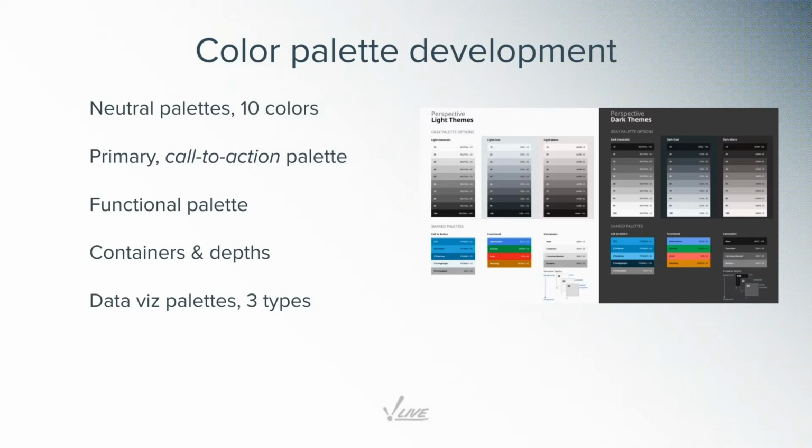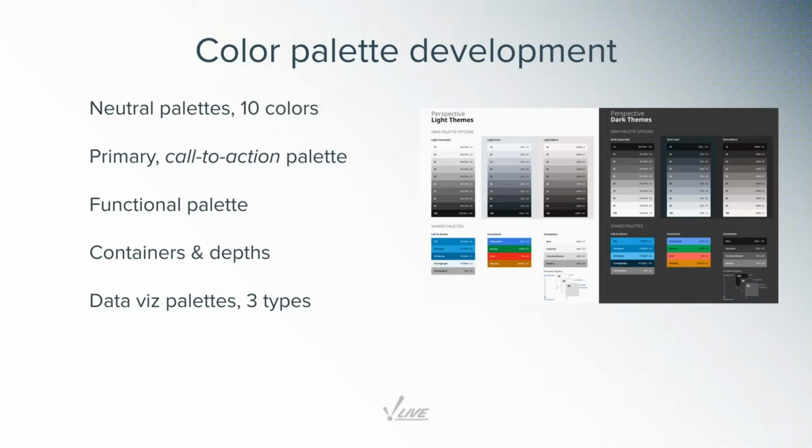And I'm not going to dive in too much detail today on all of the color theory, but I do want to go through each of these different palette types and describe how they're used, so that if you're developing a custom theme yourself, it's really helpful to understand where and how each of these palettes is applied to the actual components in Perspective. So the palette types include the neutrals, which are the 10 through 100 grays